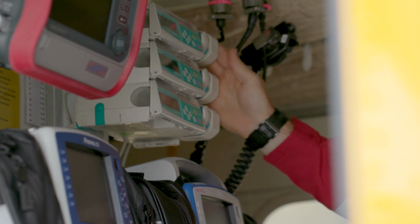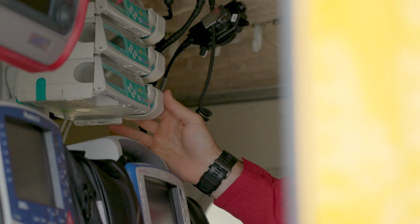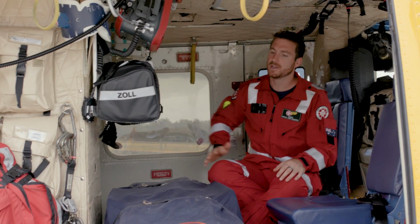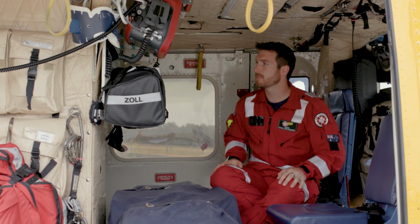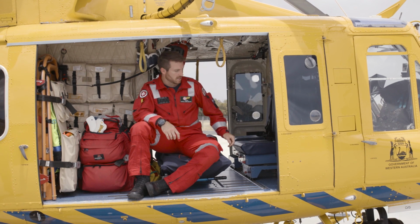We can use infusions for pain relief if they've got a large amount of pain, or we can also use the infusions as part of sedation for when we've got the critical patients put to sleep and we've put them in an induced coma. I think one of the most physically challenging and exciting roles of working in the aircraft